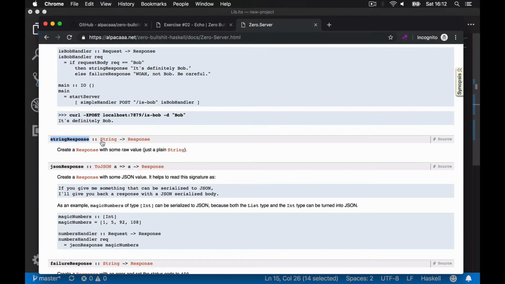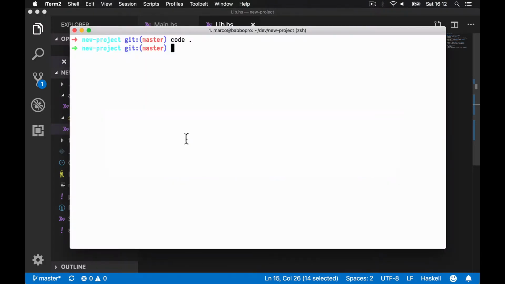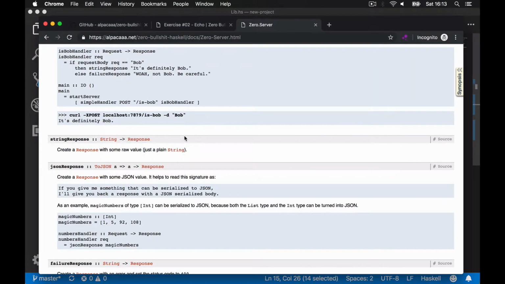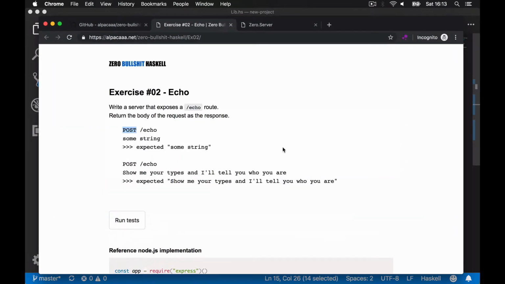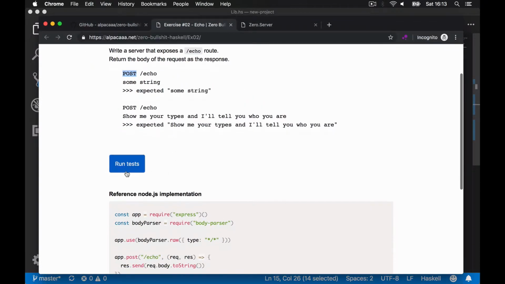Again, string response accepts a string and returns a response. So it looks like all of these should compile. And if we run it, go back to our exercise, notice that we expose 2 handlers now. And if we run the tests,